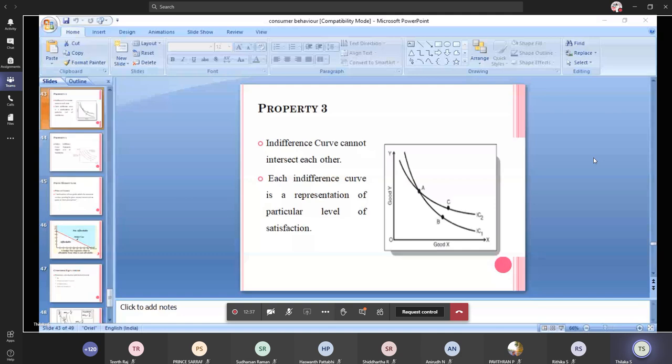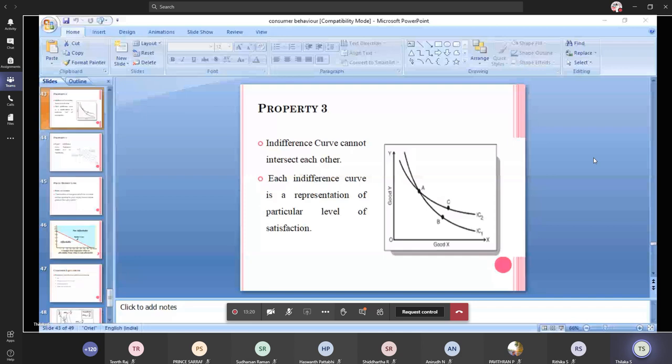And this is property 3, that is, indifference curves cannot intersect each other. We already discussed this in the indifference map. In the indifference map, we have so many indifference curves. Out of those, the indifference curve which is near the origin, the smallest indifference curve, gives the lesser level of satisfaction. The indifference curve which is far away from the origin gives the highest level of satisfaction, and this depends on the number of units which a consumer is going to consume. If a consumer consumes a few units of two commodities, the curve will be near the origin, so that gives less satisfaction.